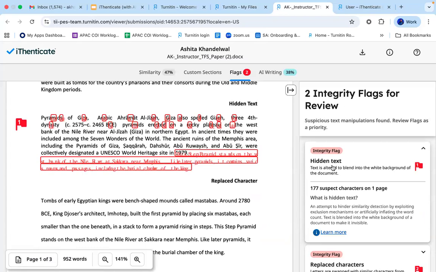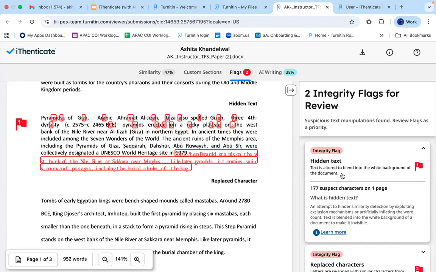So when you see any flag being reported, when you click on that flag, the first flag is hidden text. Now, here in hidden text, if you see, red boxes have been appearing. That means these are certain additional characters or overlapping characters that have been added in the paper, and some additional lines also have been added in the paper, but have been hidden behind the background. That means over here, the author has purposely tried to add these additional characters and lines and painted that with white color so that it is merged with the background and it cannot be seen from your eyes. These are called hidden text.